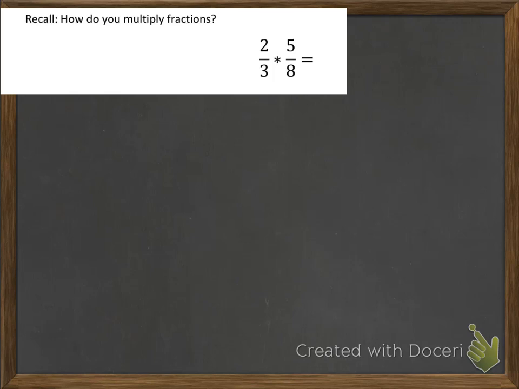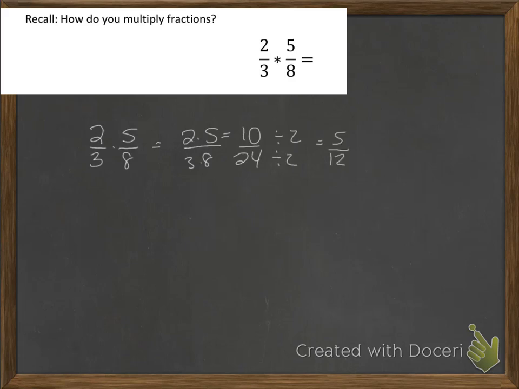Let's recall how we multiply fractions. Here we have 2/3 times 5/8. Pause this video and see if you can remember how to multiply these two fractions. So you may recall that one way to multiply these two fractions is to simply multiply the numerators. So we would have 2 times 5 equals 10, and then also multiply the denominators, so then we would have 24. Now, of course, 10 over 24 can be reduced. In fact, both of them are even numbers, so they can be divided by 2, so this fraction reduces to